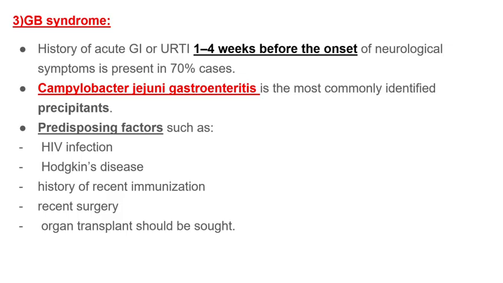So Guillain-Barré syndrome: there will be a history of acute GI illness or URTI 1 to 4 weeks before the onset of neurological symptoms, which is present in 70% of the cases. Campylobacter jejuni gastroenteritis is the most commonly identified precipitant. Predisposing factors like HIV infection, Hodgkin's disease, history of recent immunization, recent surgery, organ transplant,